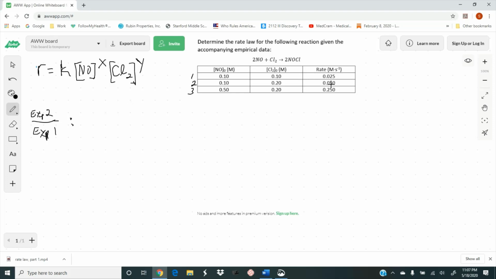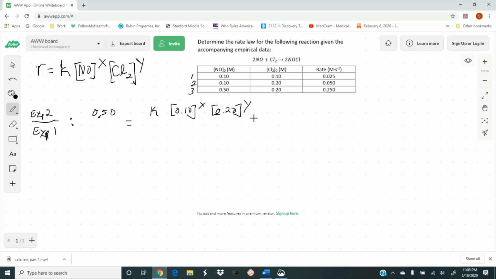So in experiment 2, we have the rate. If we look at the rate over here, it's 0.50. I'm not going to put the units in because it creates more of a mess, and they're all going to cancel anyway. So I'm going to put all the information for experiment 2 on top. So R is 0.50 equals K. And all these should have the same K, so I'm just going to put K right here. Times the concentration of NO, and NO is 0.10 in experiment 2, to the X. And the concentration of Cl2, in this case 0.20,